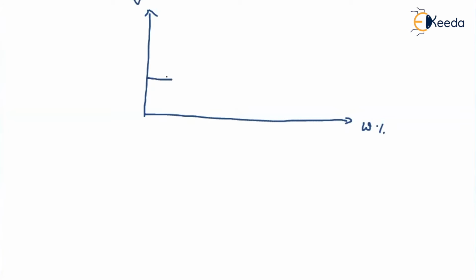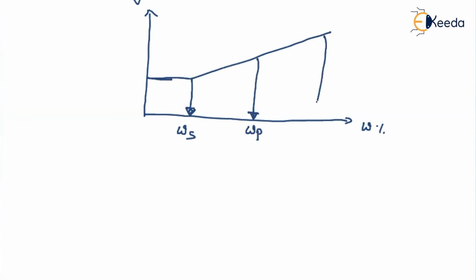Okay, let me start explaining that by drawing the consistency limits. Let us consider a consistency graph, water content percentage, volume of the soil, and how the diagram will vary like this. So here we will talk about it as the shrinkage limit, here the plastic limit, and here the liquid limit.